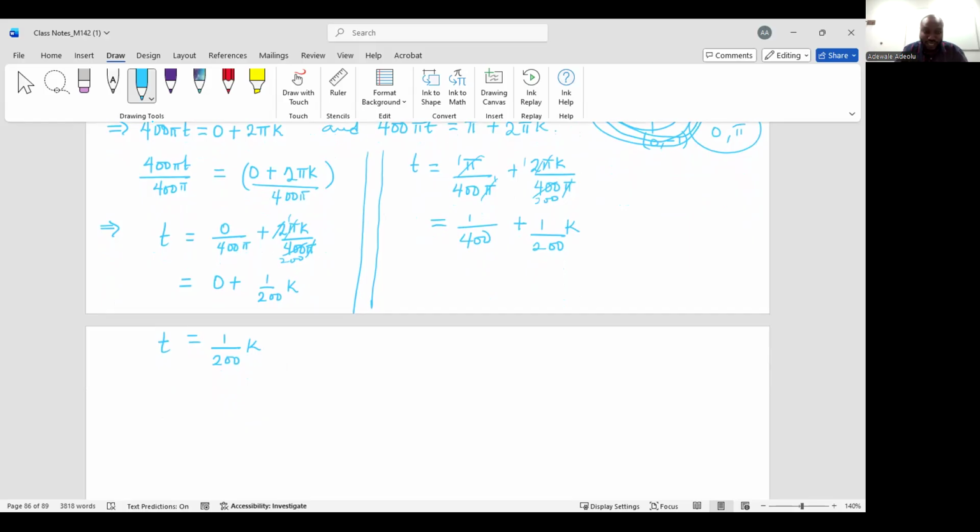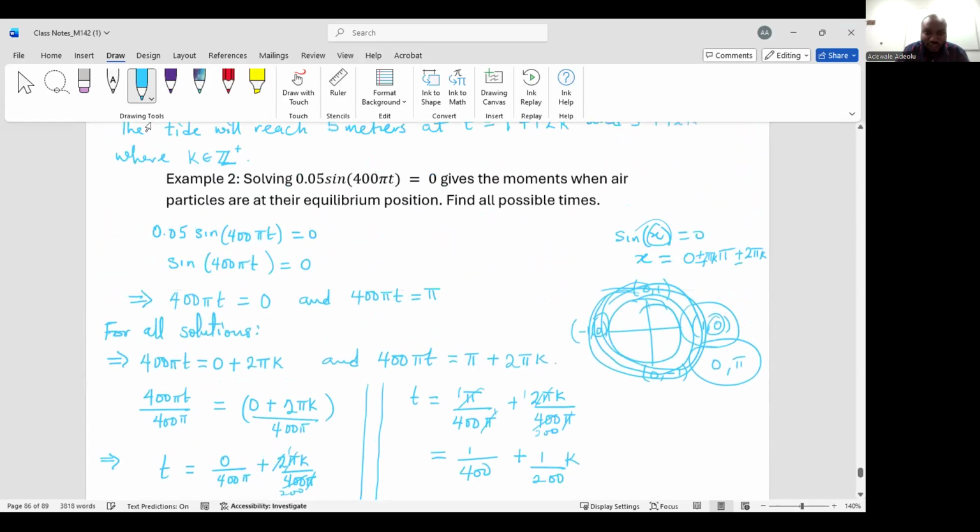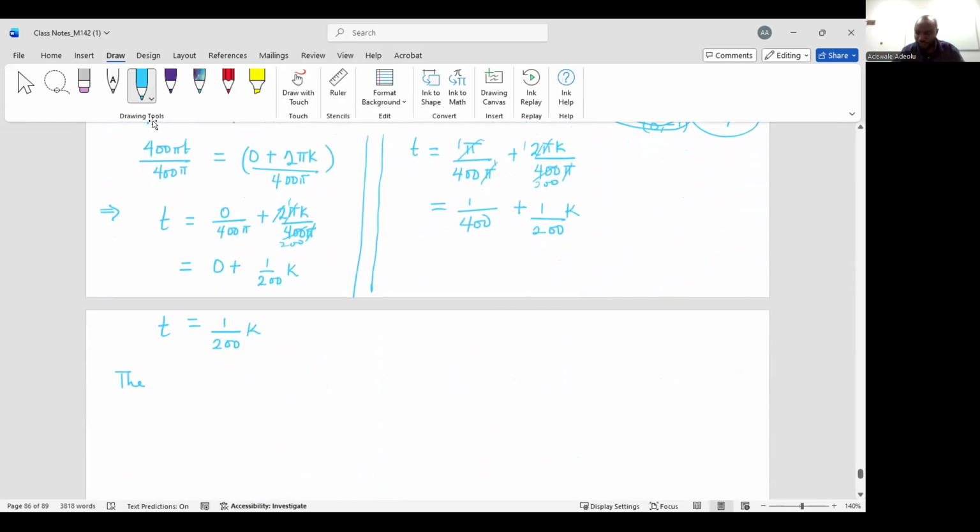So we can conclude that solving this gives the moments when air particles are at their equilibrium position. So we can say the air particles are at equilibrium positions at times